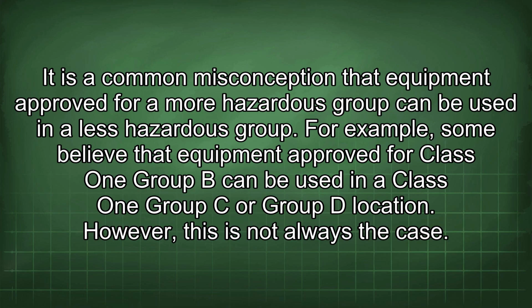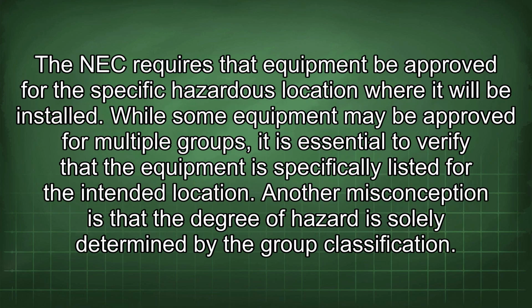For example, some believe that equipment approved for Class 1 Group B can be used in a Class 1 Group C or Group D location. However, this is not always the case. The NEC requires that equipment be approved for the specific hazardous location where it will be installed. While some equipment may be approved for multiple groups, it is essential to verify that the equipment is specifically listed